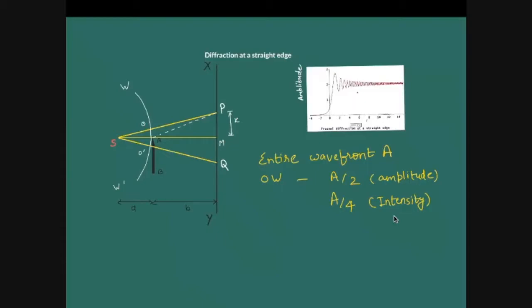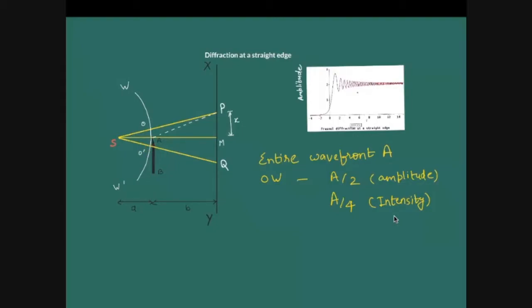So our Fresnel's zone theory tells us that if this O to A contains odd number of zones, that point will be bright. If O to A contains even number of zones, that is going to be dark. And that is what is depicted here, because you are getting maximas and minimas as you go away from the center. As you start to go in the shadow region and I start to have a pole which is inside the shadow region, then you will have some number of zones which are being cut in O prime to A. So because of that, what will happen? Your intensity will keep on decreasing.